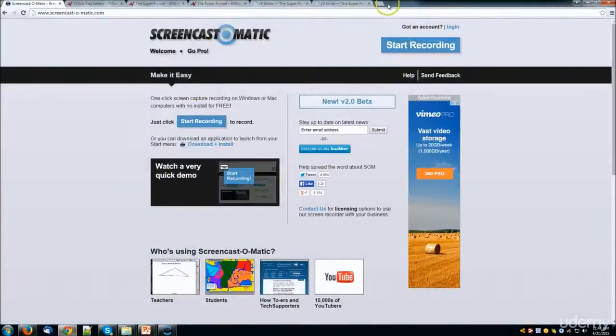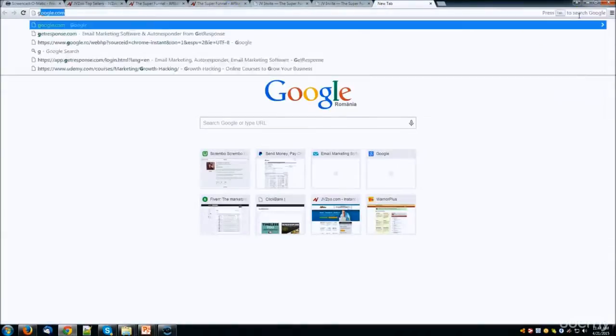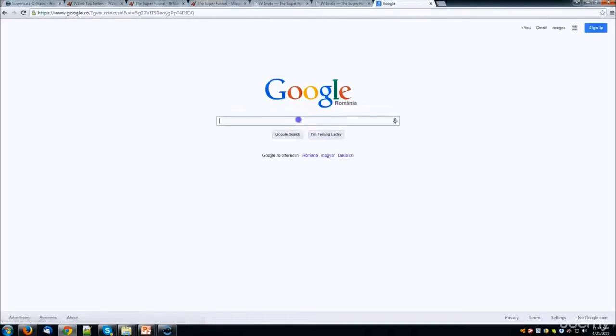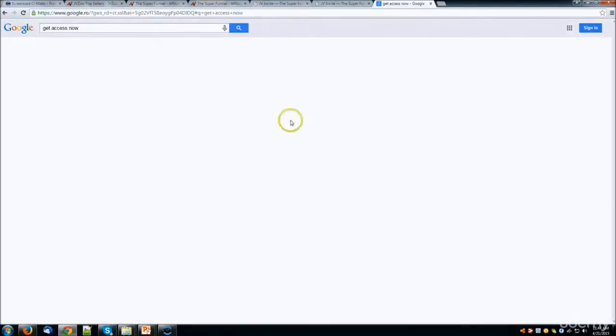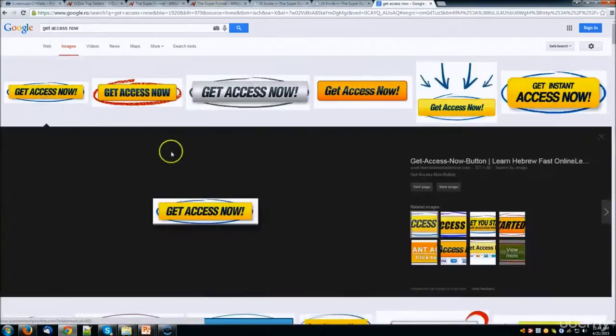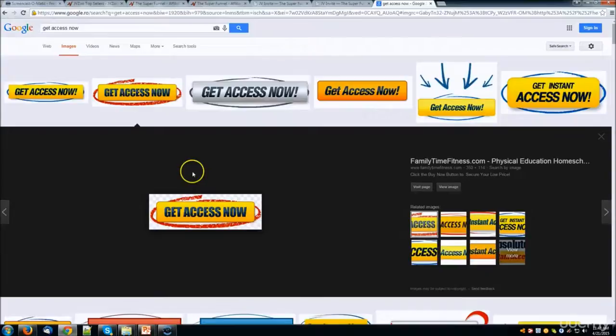We have to look for a Get Access Now button that we can find on Google, because we need to introduce a button at the end of the lectures. So you search Get Access Now on Google, you click on images, and we have an image right here. We have to copy it and introduce it in our PowerPoint.